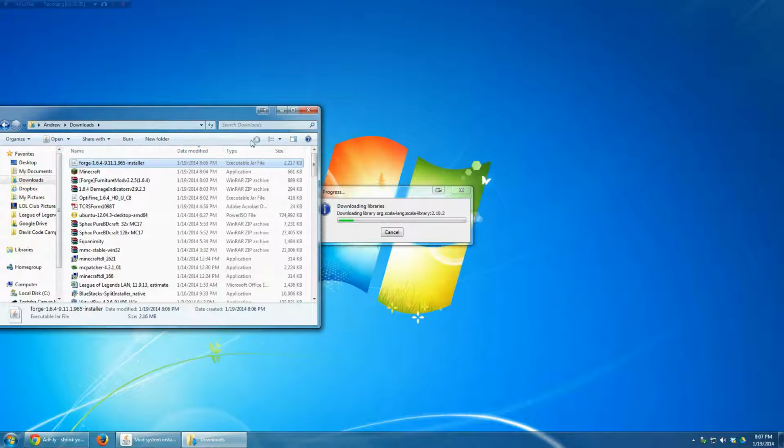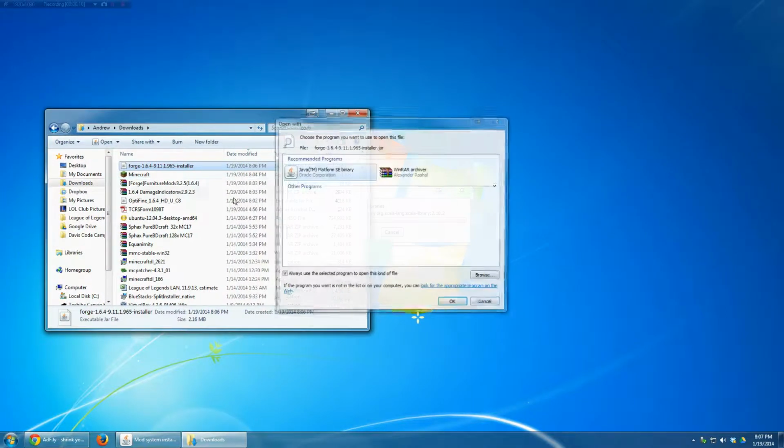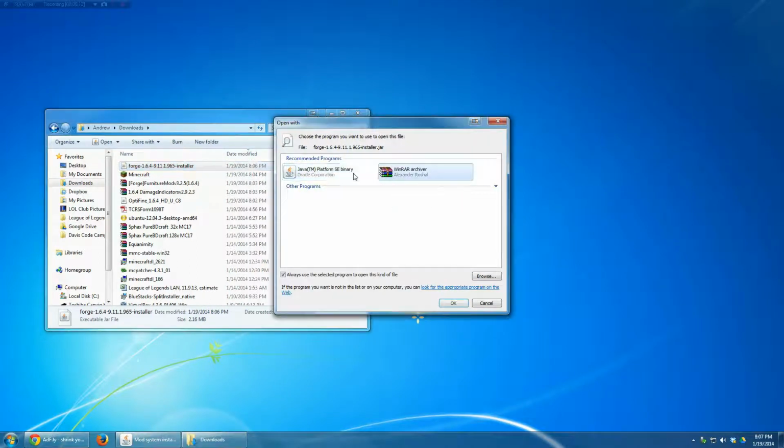It's running a little bit slow because it's trying to download the libraries in the background. I apologize. And then it'll pop up. Those two will be there, but it usually won't be there if you have to get to this step,